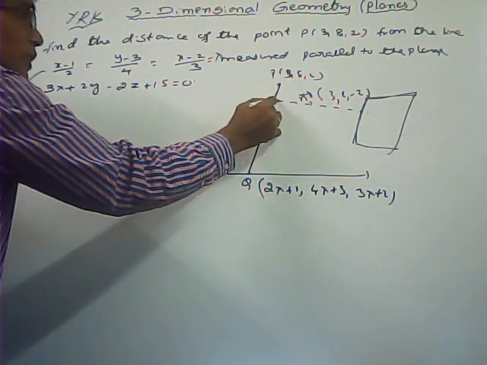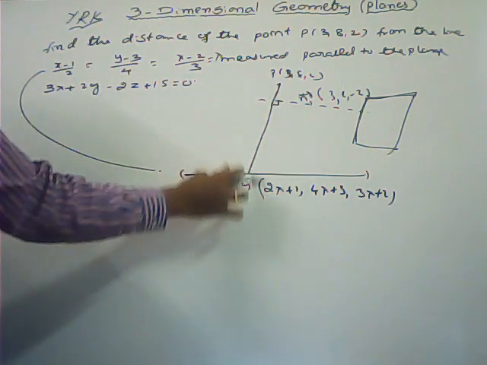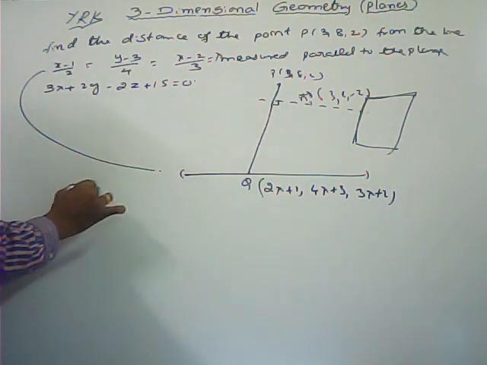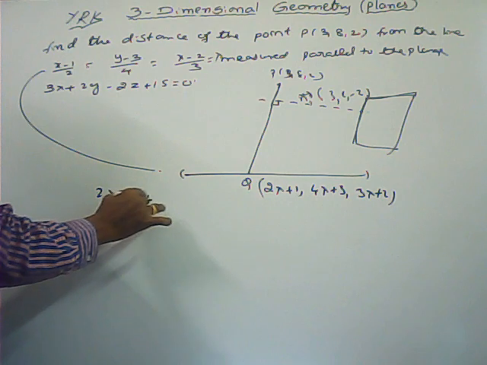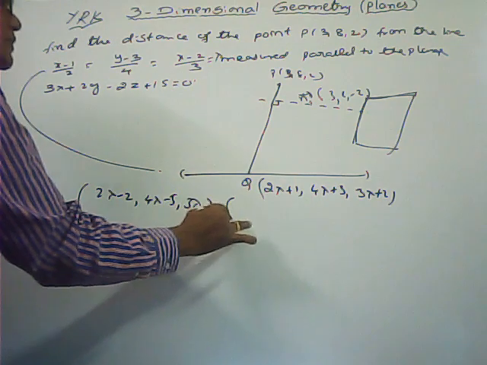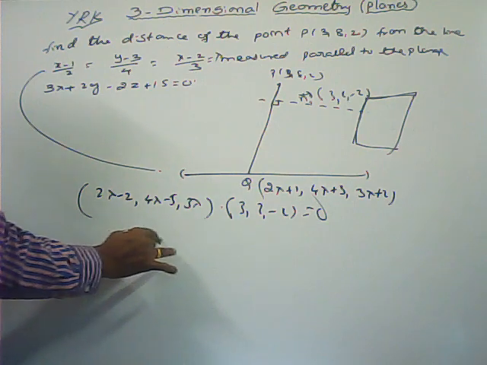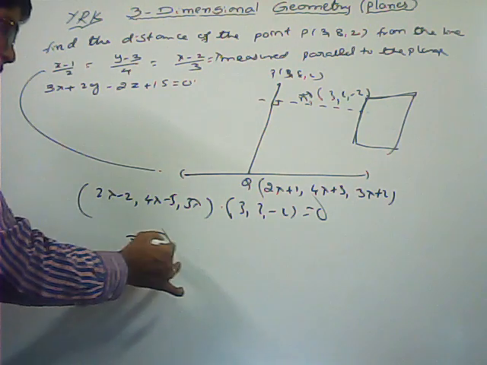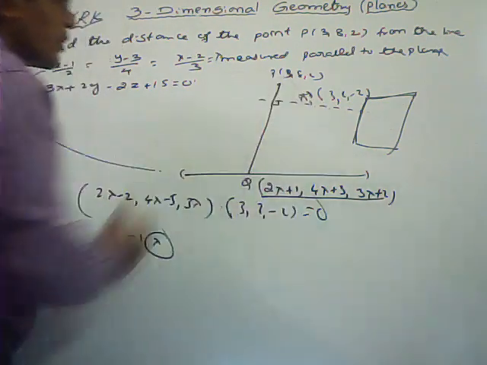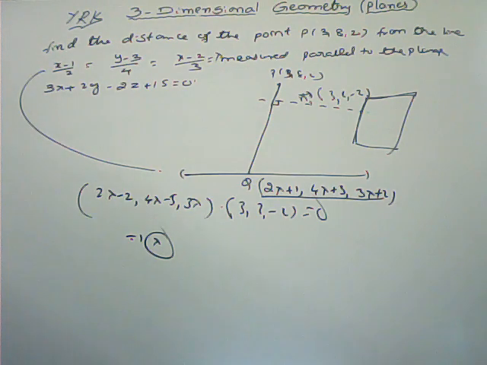Now both are perpendicular to each other. Now find the DRs of PQ, a vector passing through 2 points, x2 minus x1: (2 lambda minus 2, 4 lambda minus 5, 3 lambda) dot (3, 2, -2) is equal to 0. Simplify that one, we can get the lambda value. After getting the lambda value, you can substitute it and get the coordinates. Then find the distance between 2 points: square root of (x2 minus x1) whole square plus (y2 minus y1) whole square plus (z2 minus z1) whole square. You can complete the calculation part.